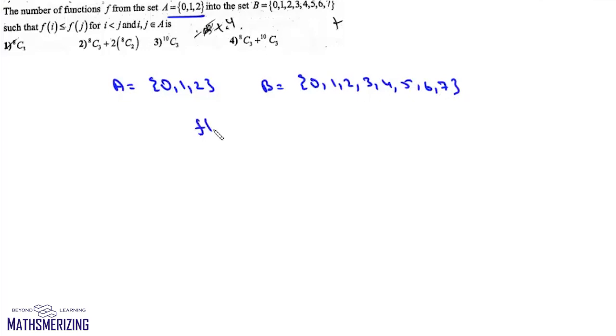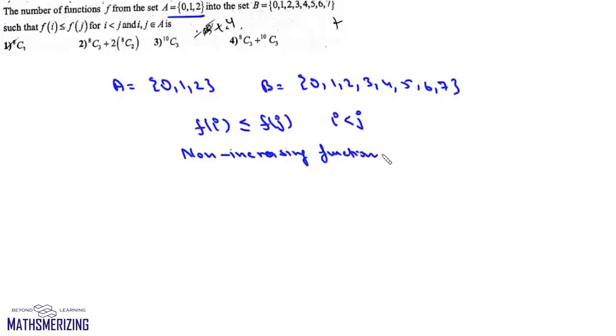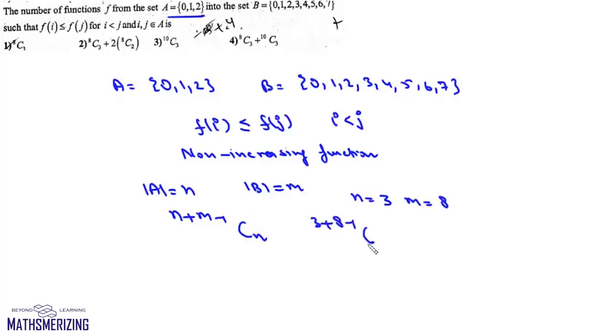Now here the question is, the number of functions from set A, which is {0, 1, 2}, to set B, which is {0, 1, 2, 3, 4, 5, 6, 7}, such that f(i) is less than or equal to f(j) when i is less than j. Now this is a non-decreasing function, which we have studied in one of the previous videos. If set A has n elements and set B has m elements, then the number of non-increasing or non-decreasing functions is given by (n plus m minus 1)Cn ways. So in this case, n is 3 and m is 8, so it will be (3 plus 8 minus 1)C3, which is 10C3,